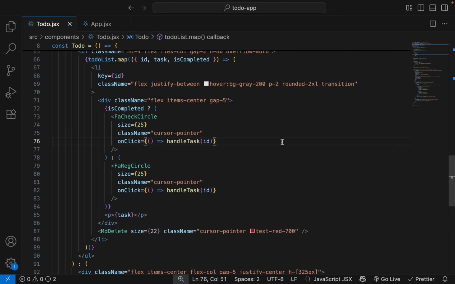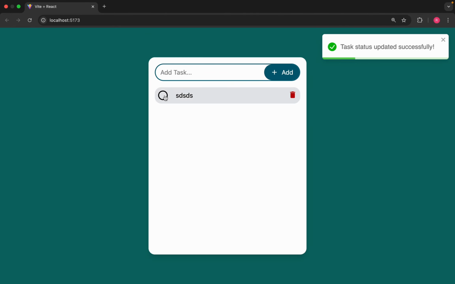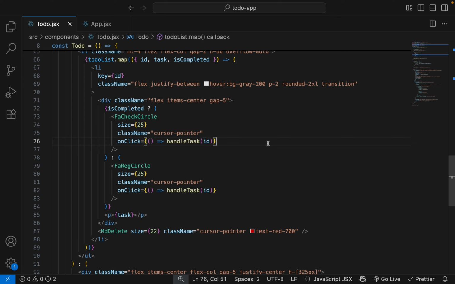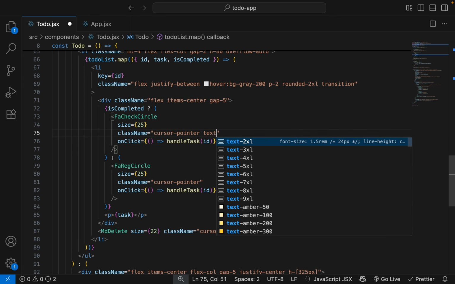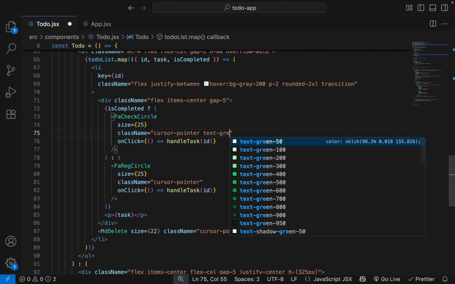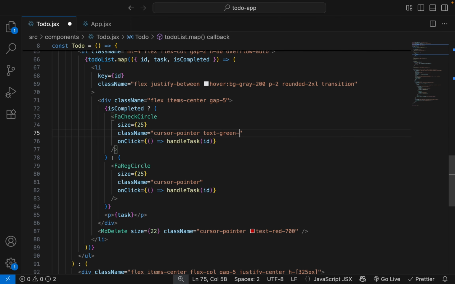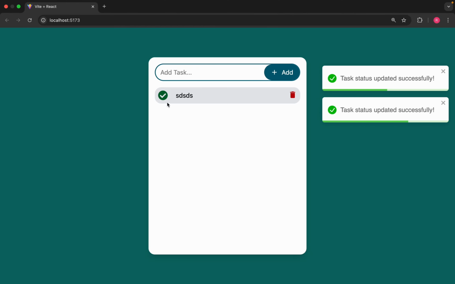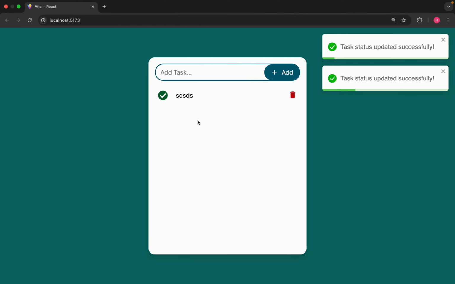Let's check. So our icon is changing. Let's give some color. Text green 800. So its color is green now.